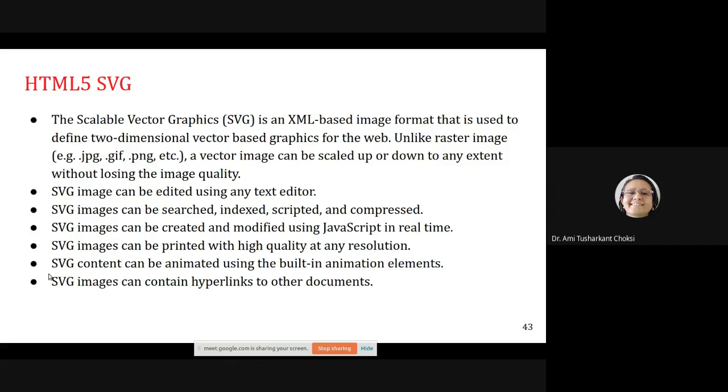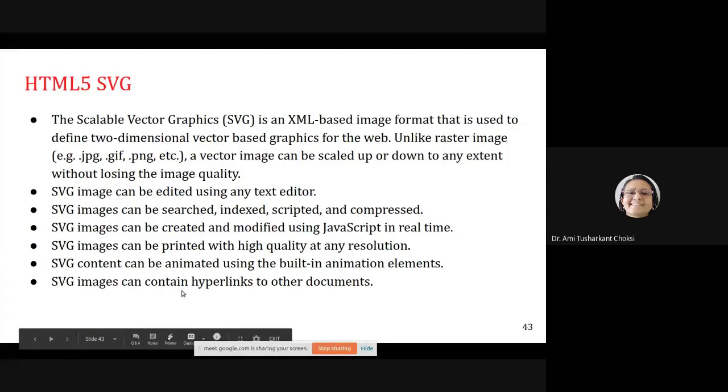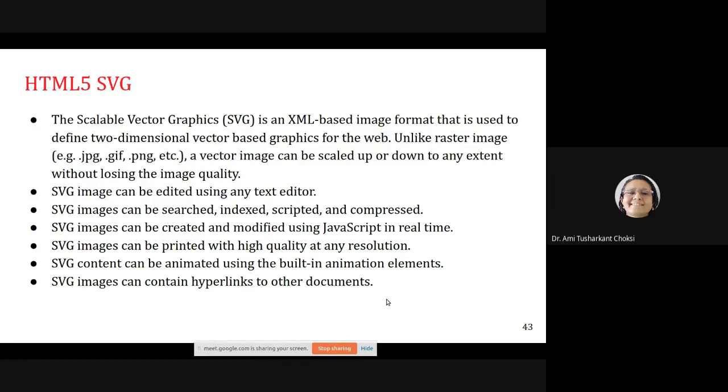SVG content can be animated using the built-in animation elements. SVG images can contain hyperlinks to other documents. Fine. So all these things we can have with HTML5 SVG, that is Scalable Vector Graphics.